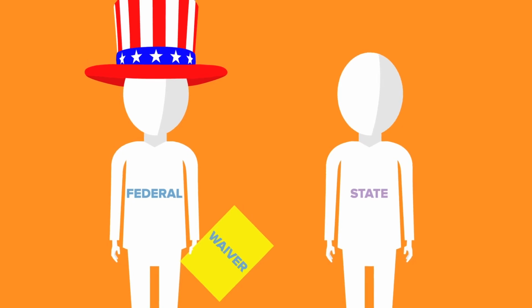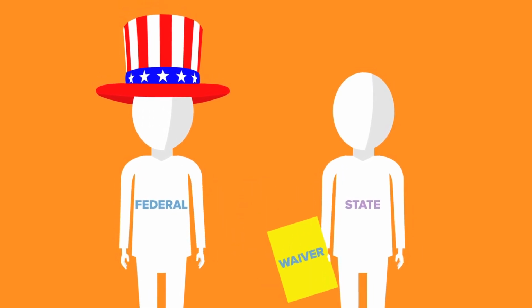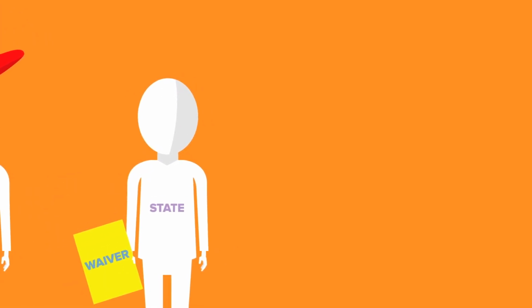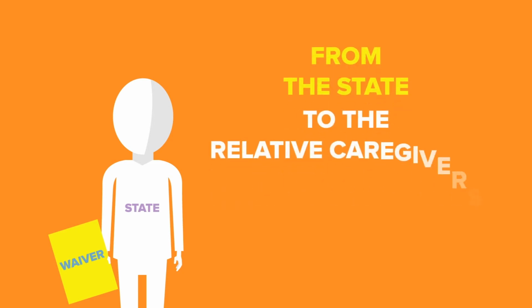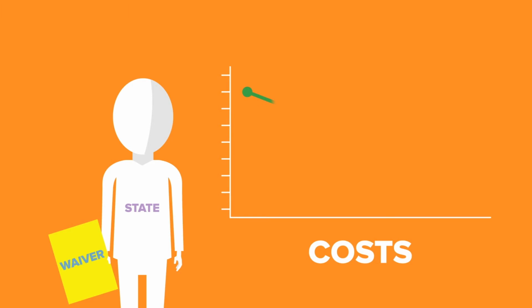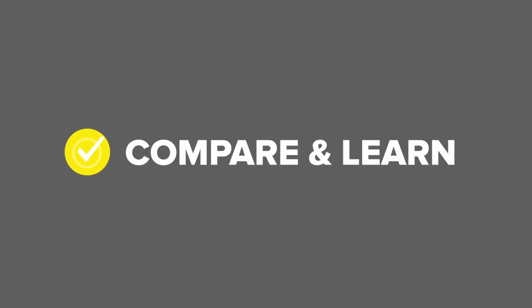The state took advantage of a special waiver offered by the federal government to develop and test a new subsidized guardianship program, this time transferring legal custody from the state to the relative caregivers. The state hoped the program would be less burdensome and costly than keeping children in long-term foster care. So the state went through another round of development and formative testing and then moved into the compare and learn phase. Of course, it wasn't conscious of following the 5 phases of the framework, but the waiver provided a perfect